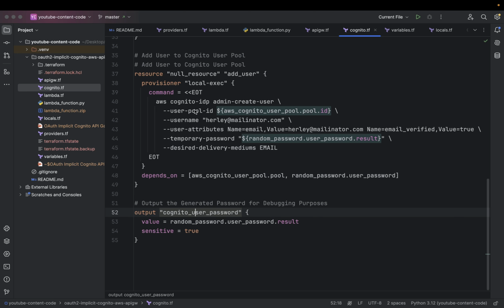So, and then for the last one, I output the generated password. This block outputs the generated random password. Since the password is sensitive information, it is marked as sensitive equal true, meaning it will not be displayed in plain text when Terraform runs unless explicitly requested. Okay, we're done for cognito.tf. So let's take a look